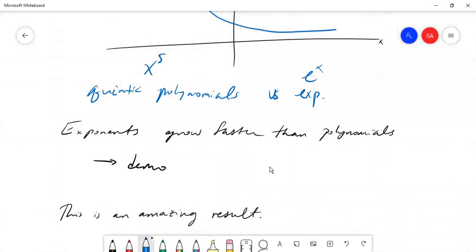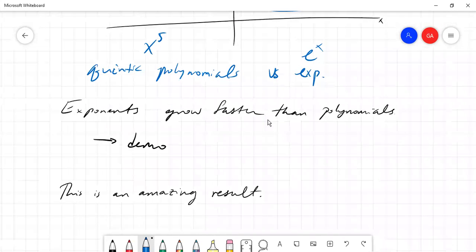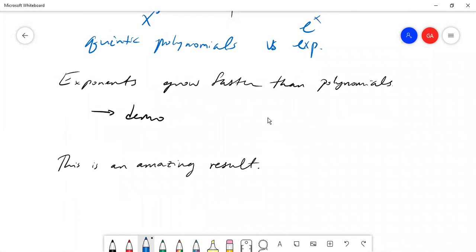Okay, so the right answer to that question. So many people missed it, but I want to make sure people are in good faith with this idea that exponentials grow faster. Okay, so that was sort of a long demo, but to me, this is an amazing result. And for the seniors,